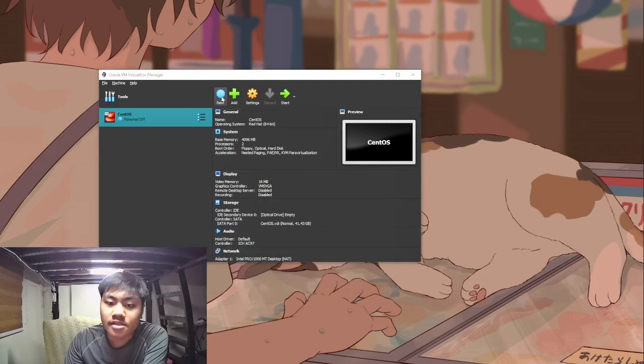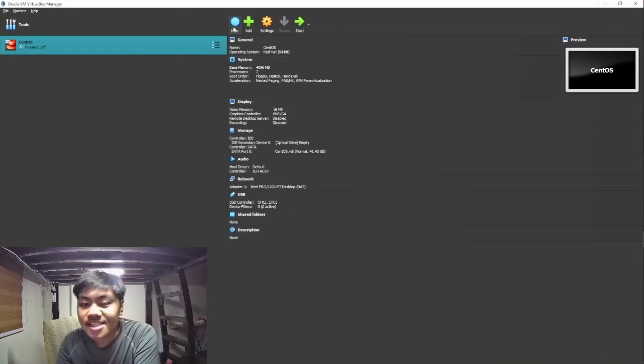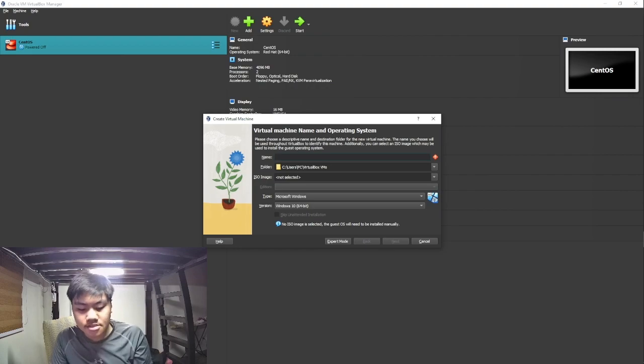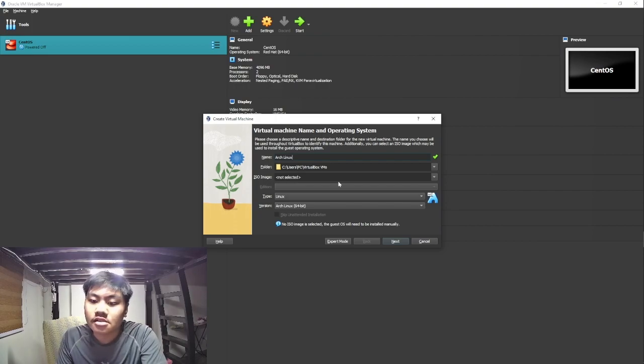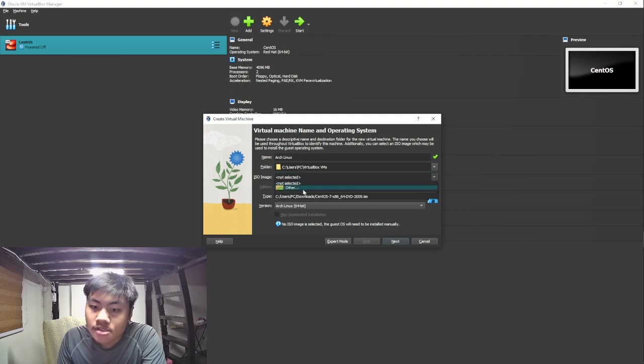So while we're here, we need to click the new. Let's full screen it. Let us click new. Let's name our virtual machine Arch Linux, and then the ISO image, the one that we downloaded,